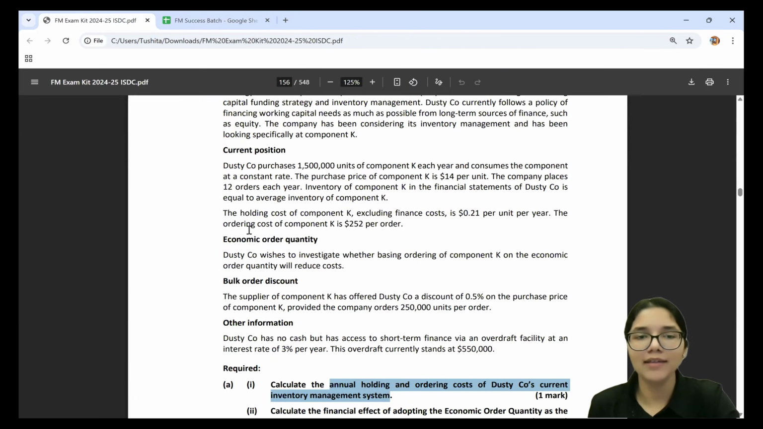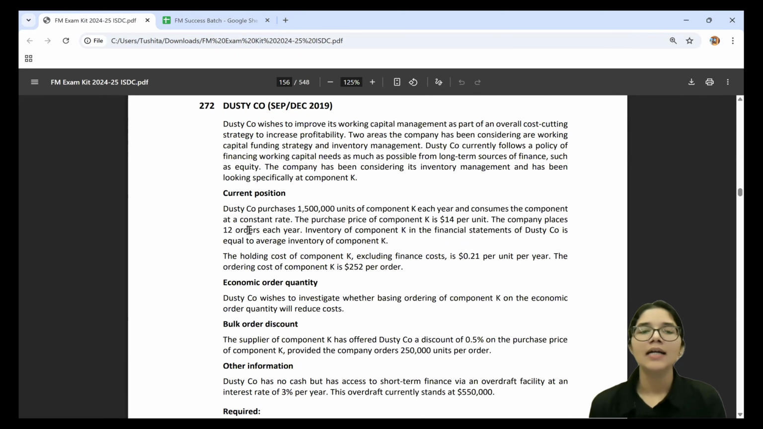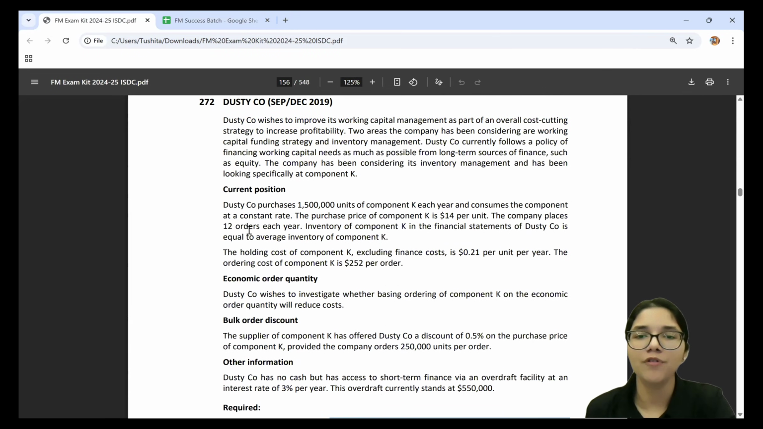Now, let's have a look at the information that is given to us. Dusty Company wishes to improve its working capital management as part of an overall cost-cutting strategy to increase the profitability. Two areas the company has been considering are working capital funding strategy and the inventory management. So these are the two areas which the question is going to test you about: inventory and then working capital